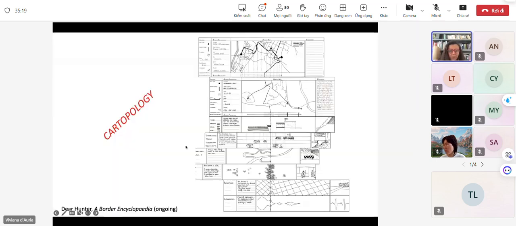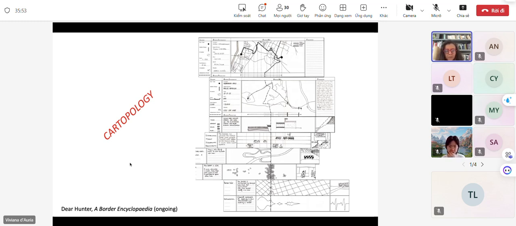I wanted to show you also what could be intended by creative combination or integration of data. This is actually the work. It's a long work, and again, some of these things are very complicated, but they are. This is what's called a border encyclopedia. There's a whole website connected to it, and it's by Dear Hunter, a whole artistic project connected to this idea of understanding borders from a much more embedded perspective.